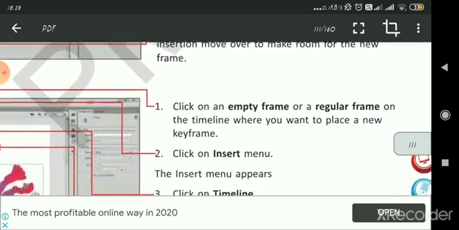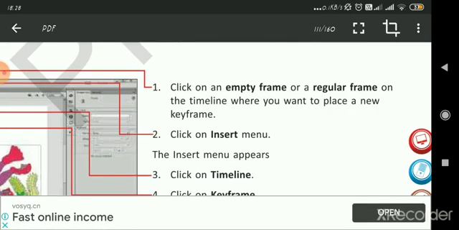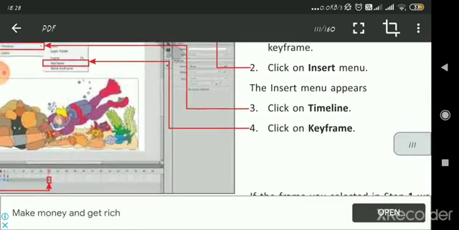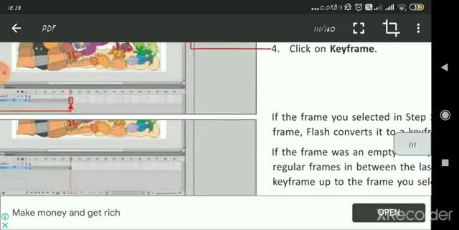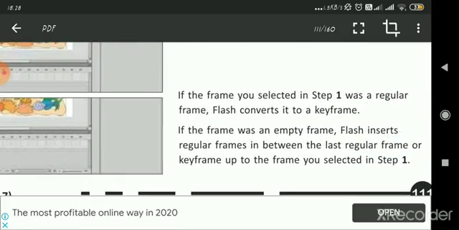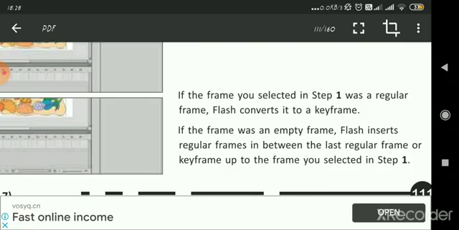So click on an empty frame on the timeline where you want to place a new frame. Click insert menu, then insert menu appears, click on timeline and click on keyframe. So if the frame you selected in step 1 was a regular frame, Flash converts it to a keyframe. Okay, if we are using a regular frame, then Flash automatically converts it to keyframe.